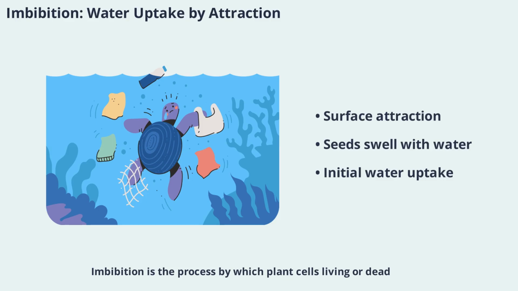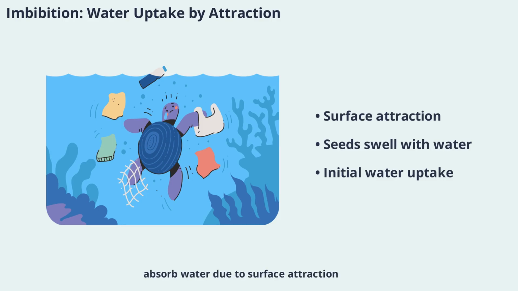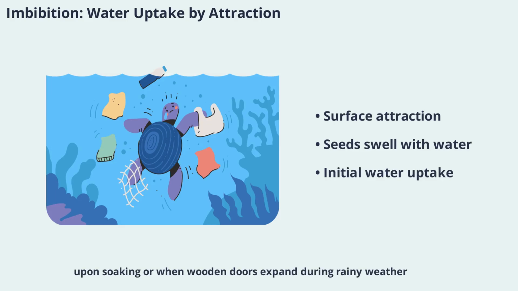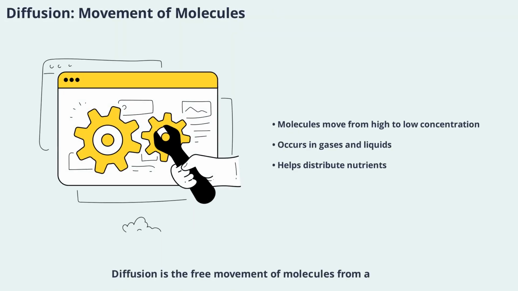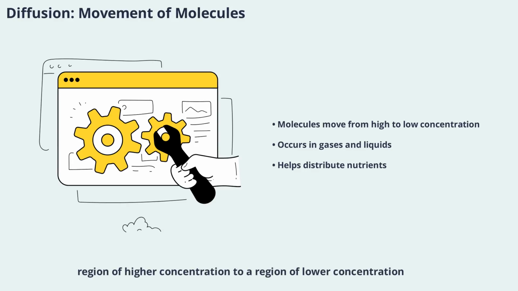Imbibition is the process by which plant cells, living or dead, absorb water due to surface attraction. This phenomenon can be observed when dry seeds swell upon soaking or when wooden doors expand during rainy weather. Imbibition is an important initial step in water absorption, especially for seeds and other plant structures that need to take up water rapidly. Diffusion is the free movement of molecules from a region of higher concentration to a region of